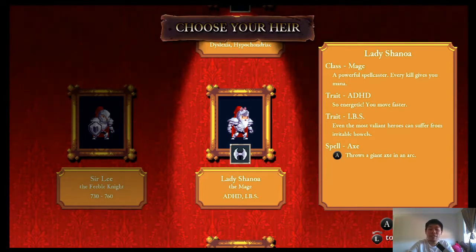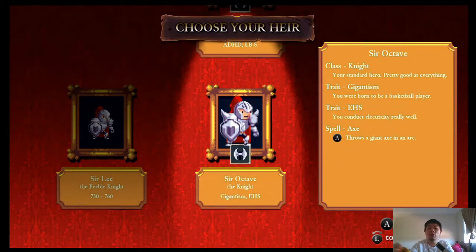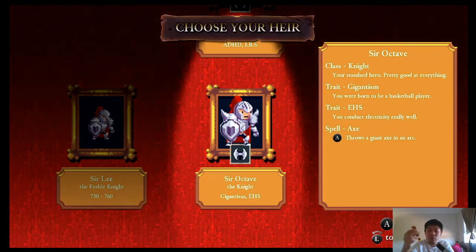And the spell is the axe. If you played Castlevania, you know exactly what this does, right? It goes in an arc, and it's super, super good because it can hit enemies from all different sides and angles. And the last one is a knight, standard hero, good at everything, has gigantism, so it's a very big